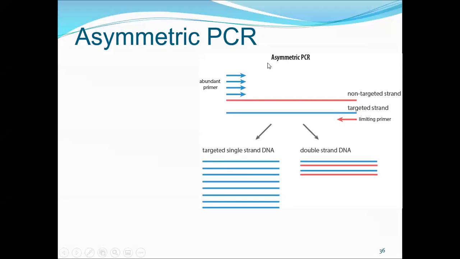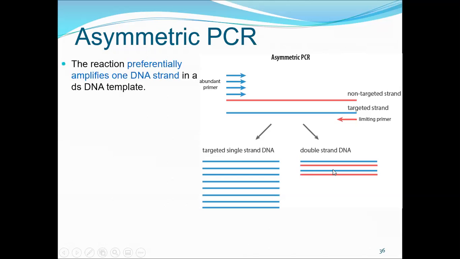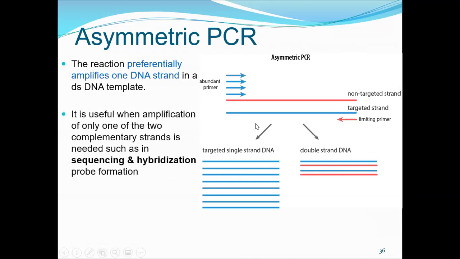Sorry for the disturbance. So let us continue. So one of the primers is enriched, that means it is abundant, whereas the other primer is in a limited number, because we preferentially want to amplify this particular fragment. You can see the blue colored one is in the larger number, whereas there is very little double stranded fragment. This is usually done for designing the hybridization probe, which is usually single stranded,